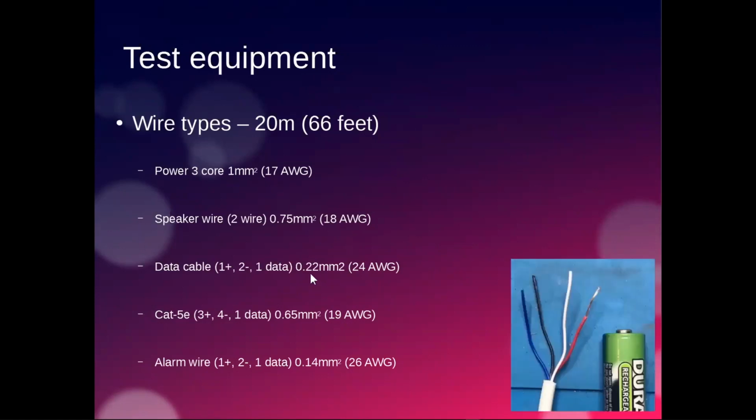Then we're going to test it with a bunch of different types of wire. So one type of wire is alarm wire. This stuff is incredibly small. This is 4 cores. You can see how small it is. That wire is no thicker than the head of, this is a AA battery. It's 26 AWG, or 0.14 millimeters squared. It's tiny. Where I have 4 wires, I always connect 2 grounds together,